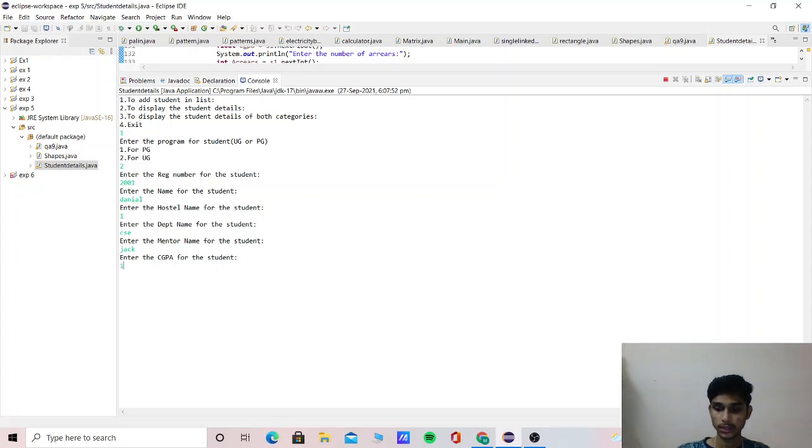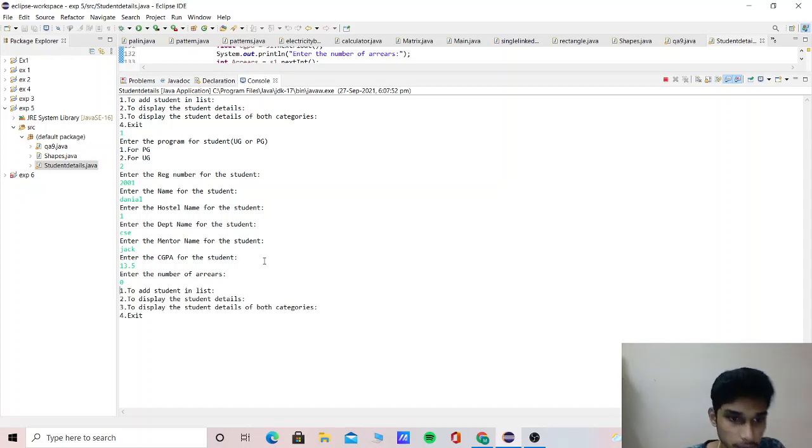CGPA of the student is 13.5. Enter the number of arrears 0. It just saves everything.